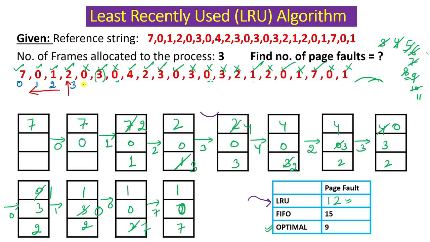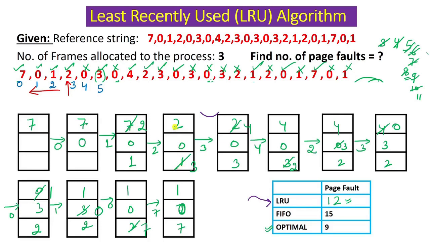When 0 was accessed, 0 was already present in 2, 0, 1, right? So here 0 was present, so it will not generate a page fault. It was accessed at time 4, let's say. Now 3 was accessed at time 5. So 3 is not present already. We have only 2, 0, 1. So we have to apply the LRU page replacement algorithm so that we can put 3 inside these frames. Any one page should be replaced.